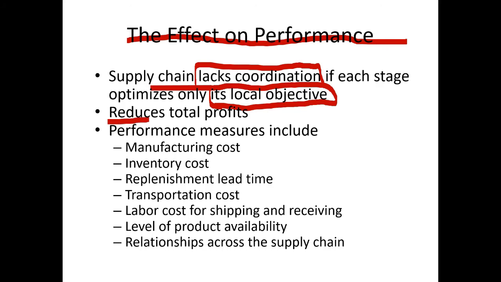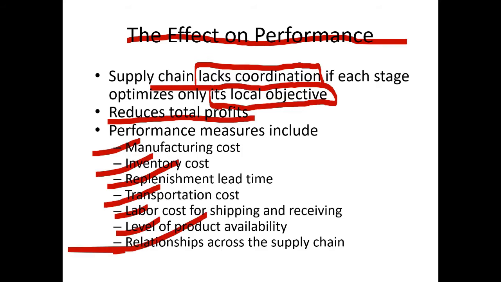It reduced the total profit because then there will be a buffer stock, and higher supply than the demand, and they will not be able to sell this buffer stock in the market. And these performance indices include manufacturing cost, inventory cost, replacement lead time, transportation cost, labor cost, level of product availability, and relationship across the supply chain. And in the next slide I will explain what happens to all of these